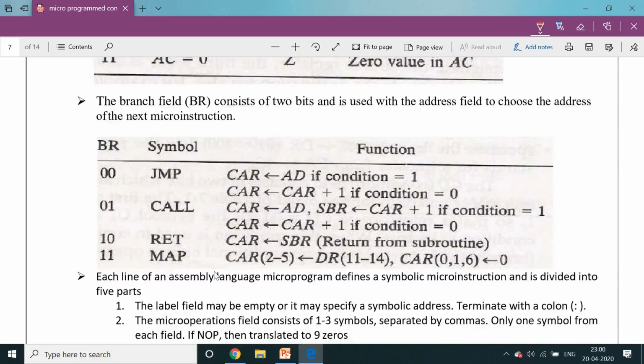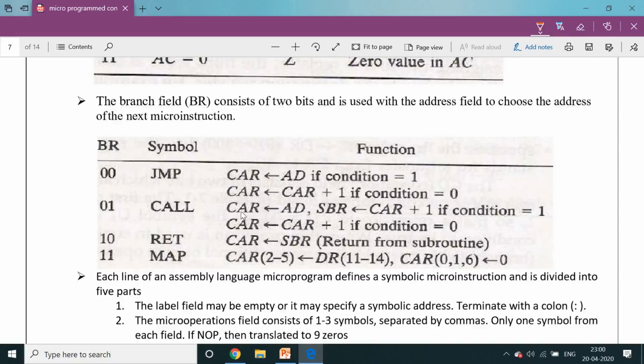Mapping 1 here. Jump means address information is completely transferred to the CAR register if condition equals 1. Condition is satisfied, address information is transferred to the control address register. Otherwise, control address register is incremented by 1 if condition equals 0.